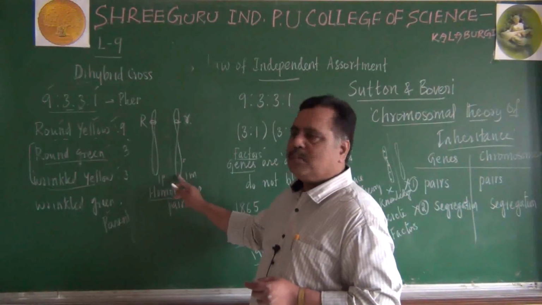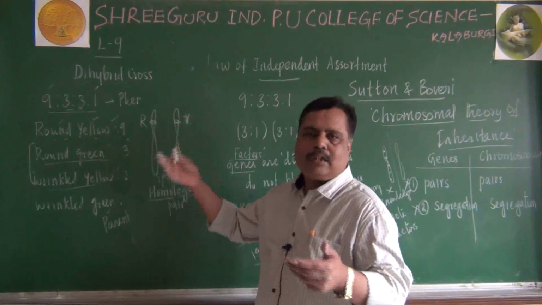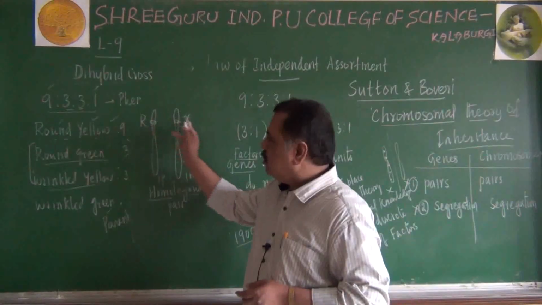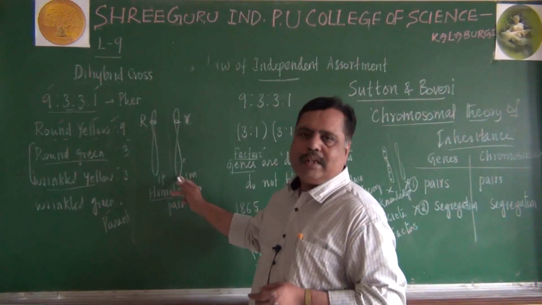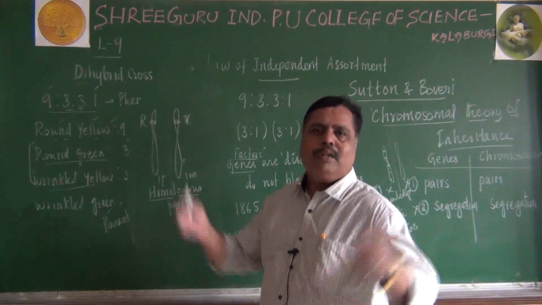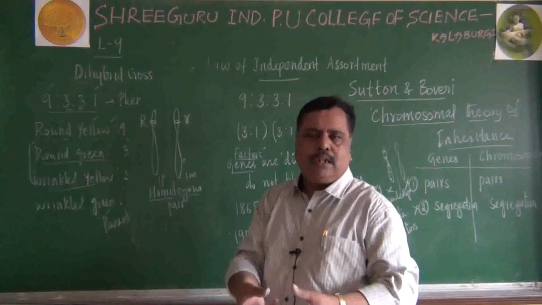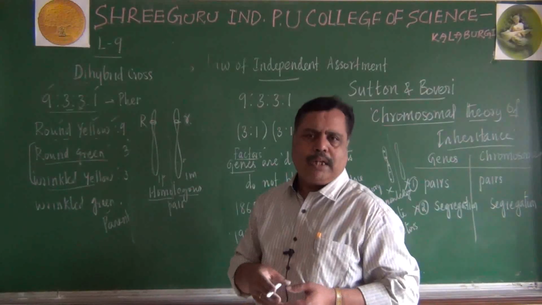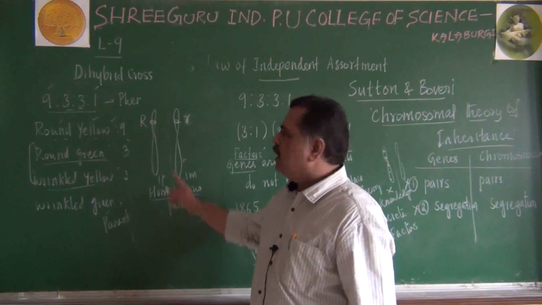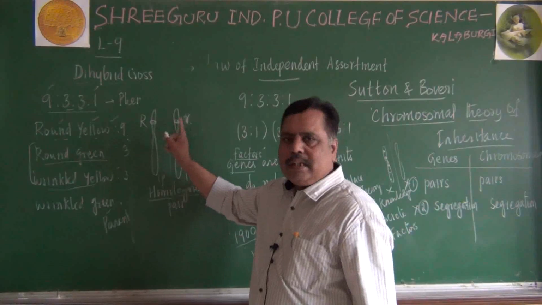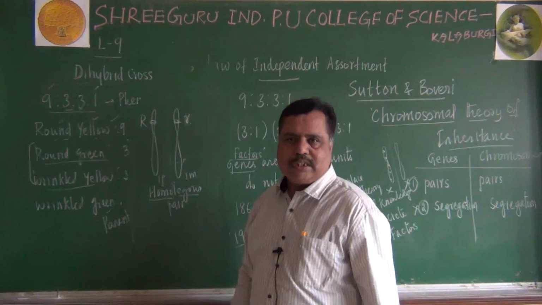These two will also separate. This capital R, small r also separate. They are also occurring in pair. These are also occurring in pair. Why has that parity come? Because of the diploid nature. Two haploid gametes contribute their chromosomes, and we become diploid. So that parity has come here. They occur in pairs. They segregate during gametogenesis.